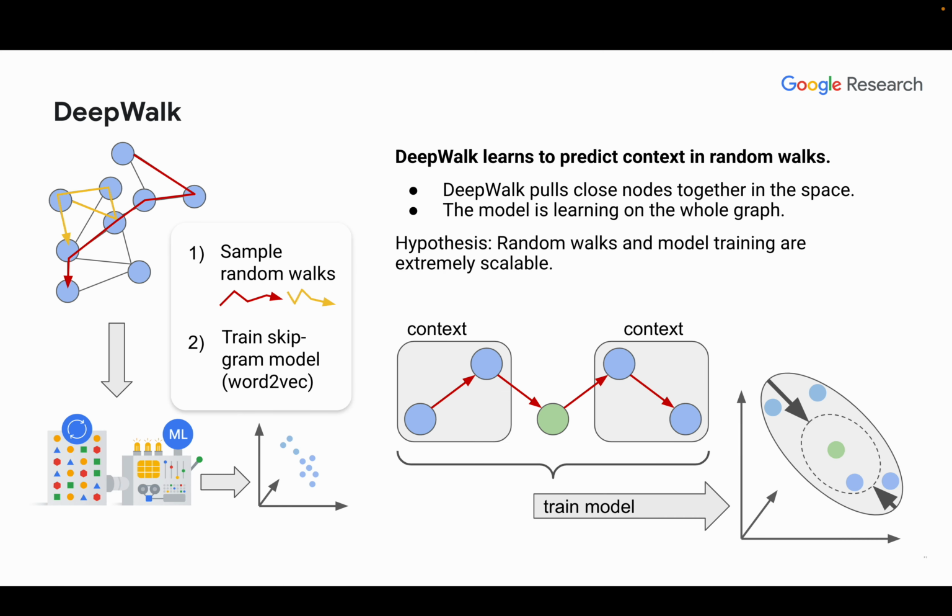DeepWalk is one such embedding algorithm. It is a fundamental graph mining algorithm with a lot of citations, but it's unclear if it can scale to graphs with billions of nodes, as it requires storing a potentially large embedding table. The algorithm is a spectral embedding technique that starts by sampling random walks and training a skipgram model similar to